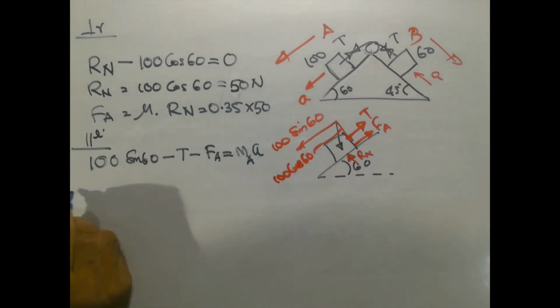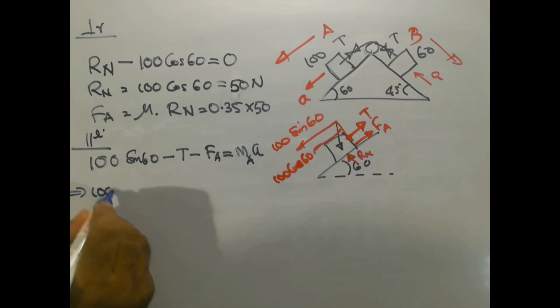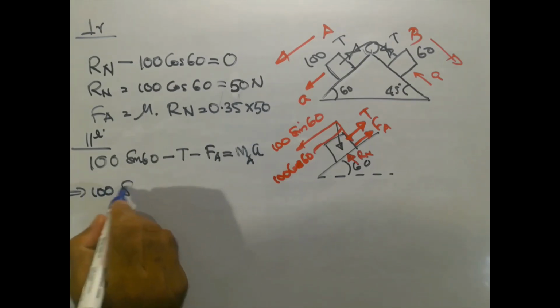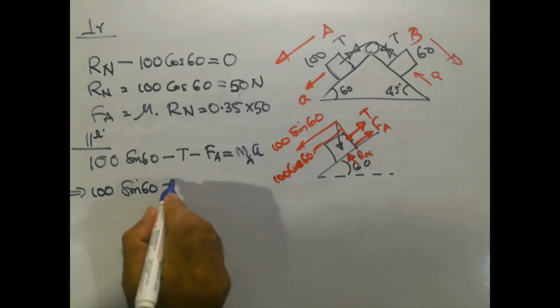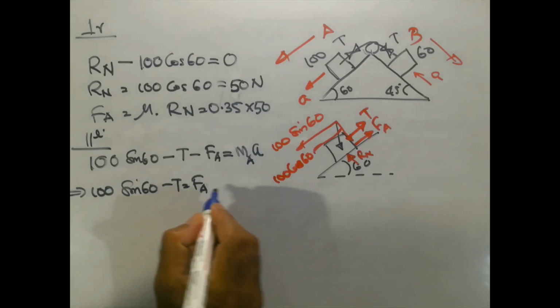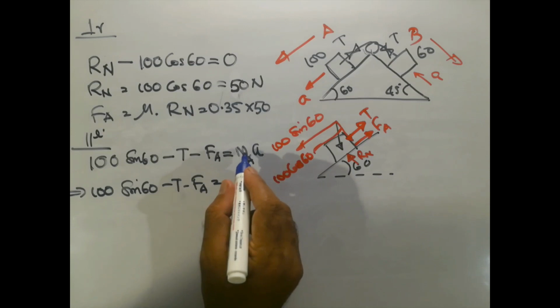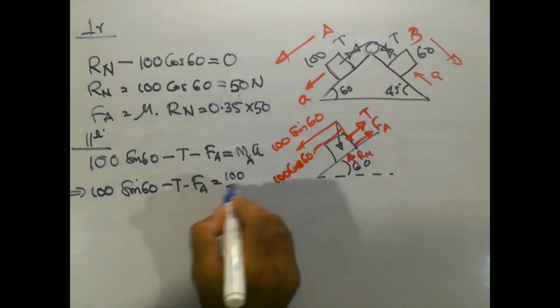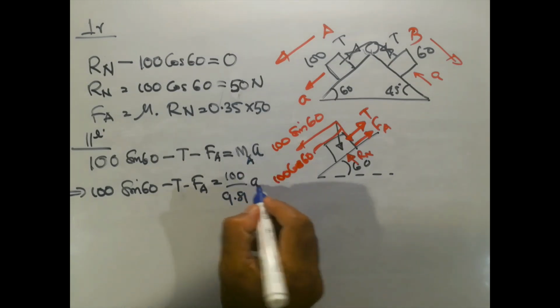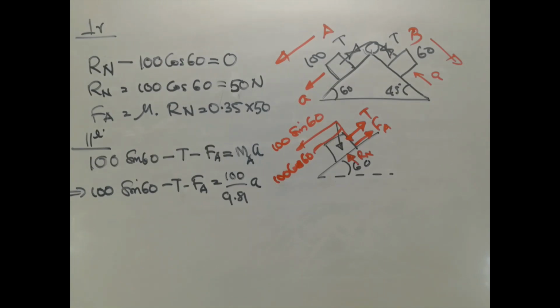Therefore, it will be 100 sine 60 minus T minus Fa equal to Ma, which is 100 by 9.81 into A. Okay, so that will be the equation. When you substitute and simplify these values, terms, you will get